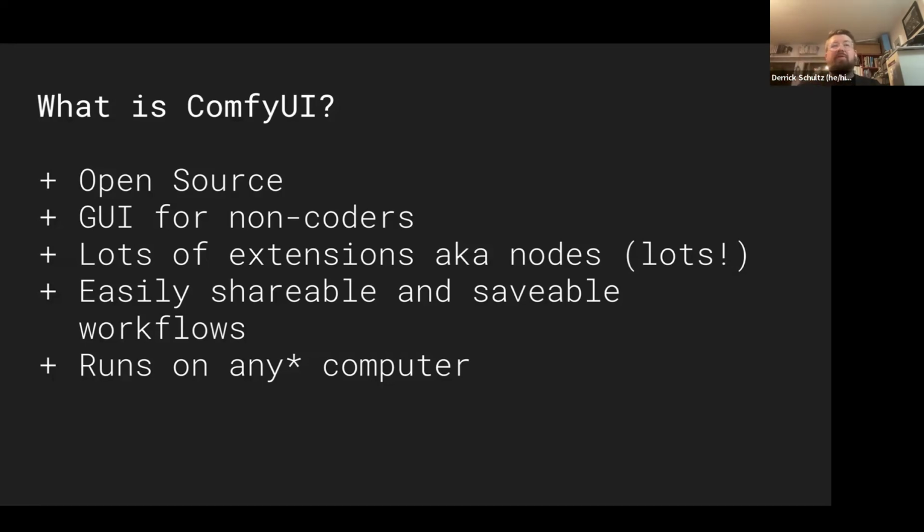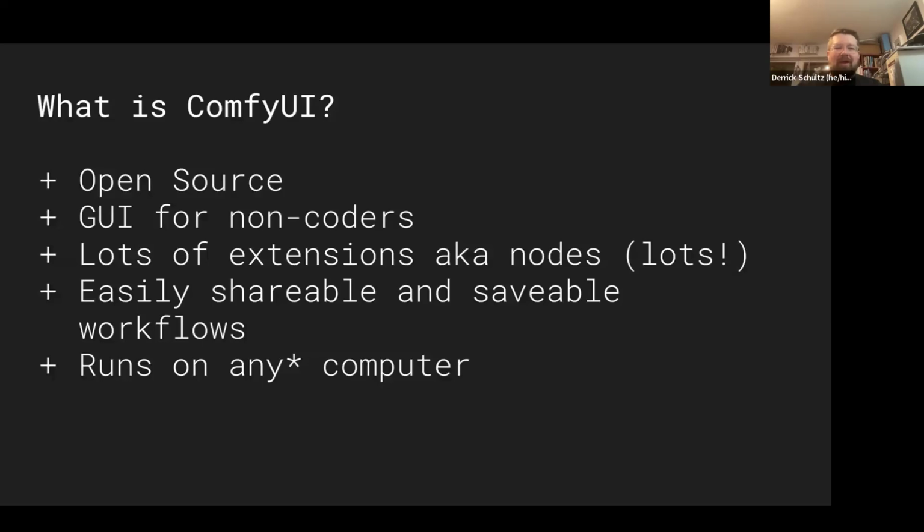The fact you can share and say workflows is really huge. I think they need to improve that system a little bit, but they're getting better with it. Especially being able to send a friend a JSON file, which you can then open in your own version of Comfy and add to it or remix it and then send it back is really cool.